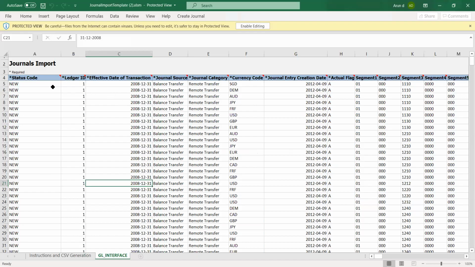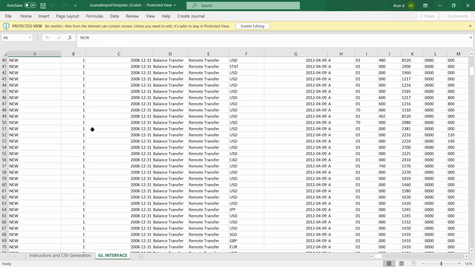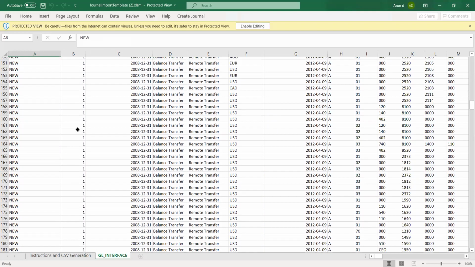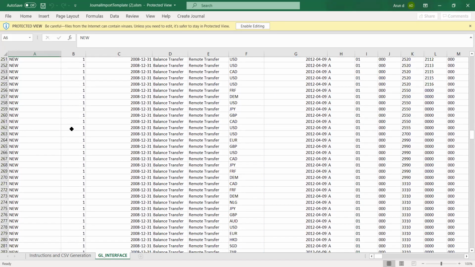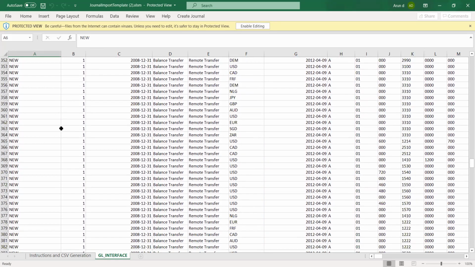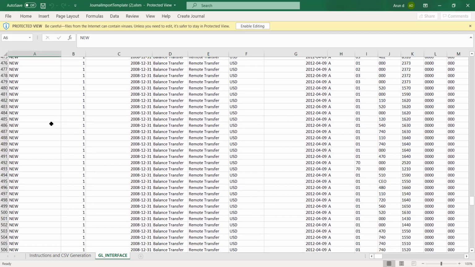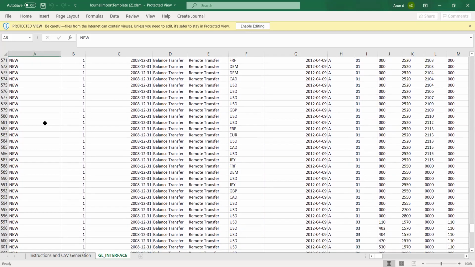So this is the template that we downloaded from the Oracle repository. So this is different then. Yes. If you see here, we have a lot of rows that are filled automatically. This is seeded, so we can just remove this and give our values.